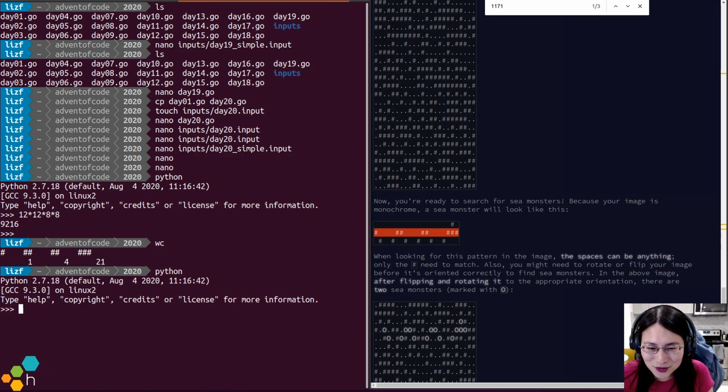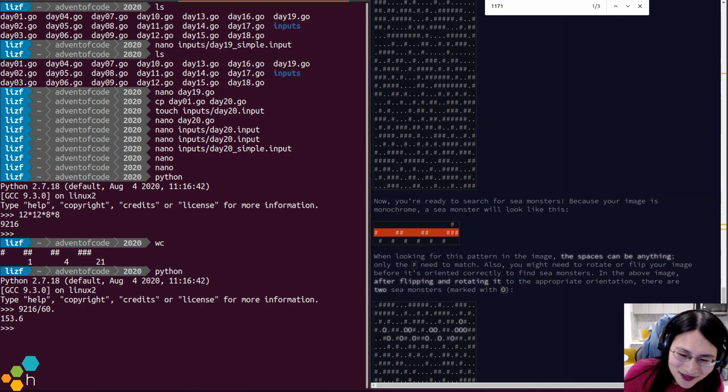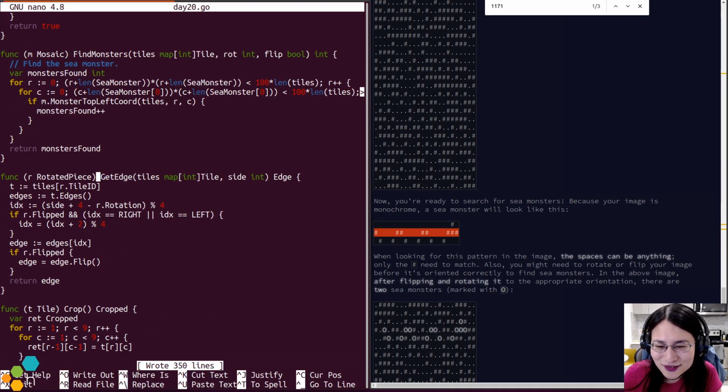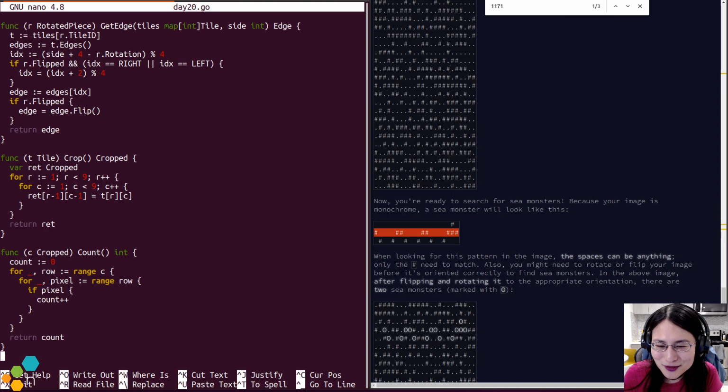So if we assume that the sea monsters are somewhat sparse, there are going to be at most 153 sea monsters in the entire thing if they were literally packed wall to wall. So I'm going to guess that I have 30 sea monsters. So if I have 30 sea monsters, let's just do this real fast.